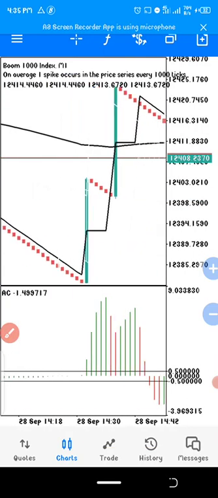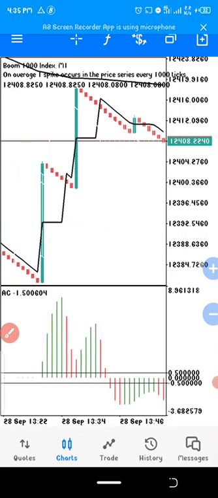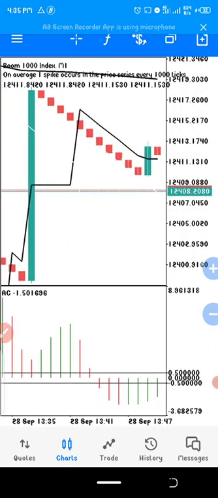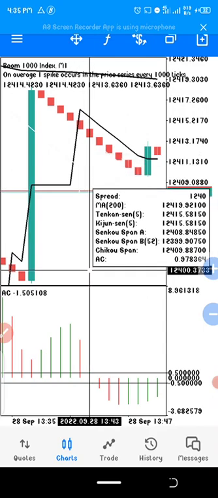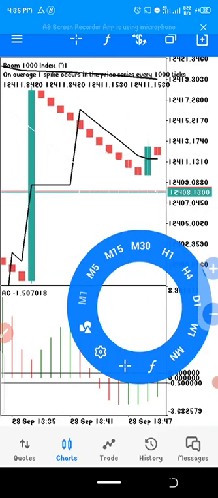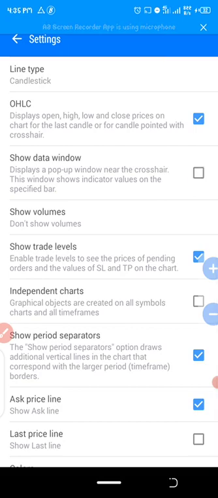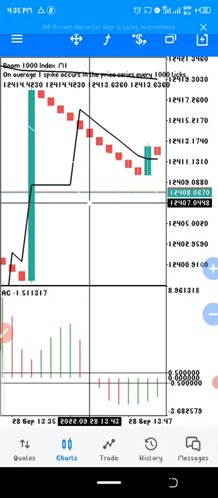All right, so let me go back to my explanation. I was explaining with this, so let me just zoom in and show you guys. You can see right here, let me switch this off. Then you can see right here that